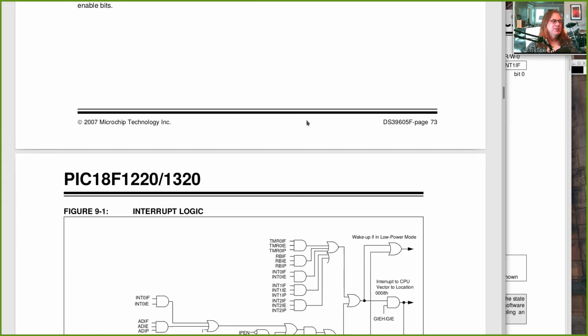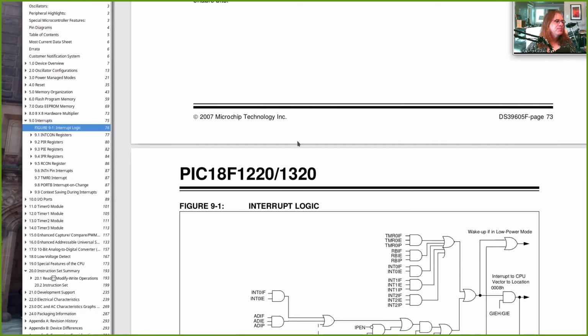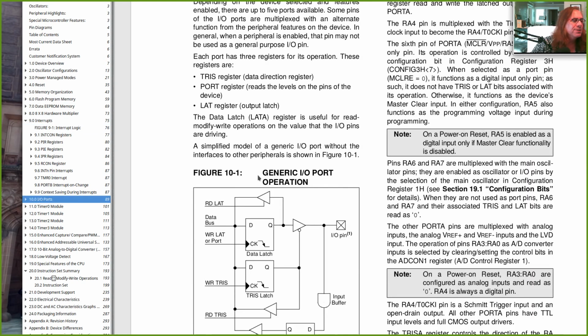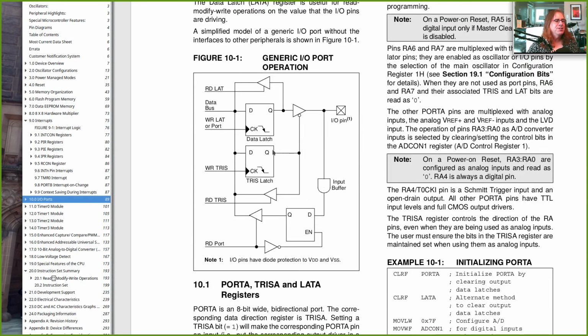And there's similar tables for the I/O subsystems if you want to see exactly what TRIS A and PORT A, how they relate to each other, how they interact with the I/O pins, and so on and so forth. Take a look at the chapter on the ports, right? I/O ports, right? And you'll see this great picture here that shows you basically, what does TRIS do? Well, the TRIS pin,